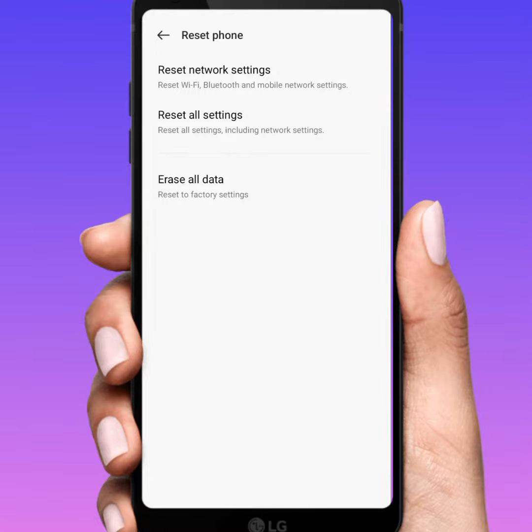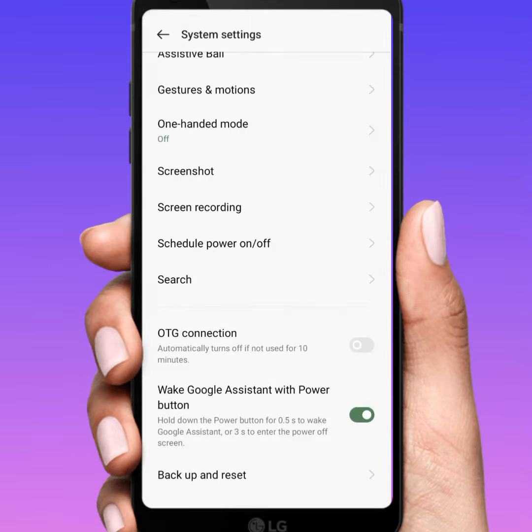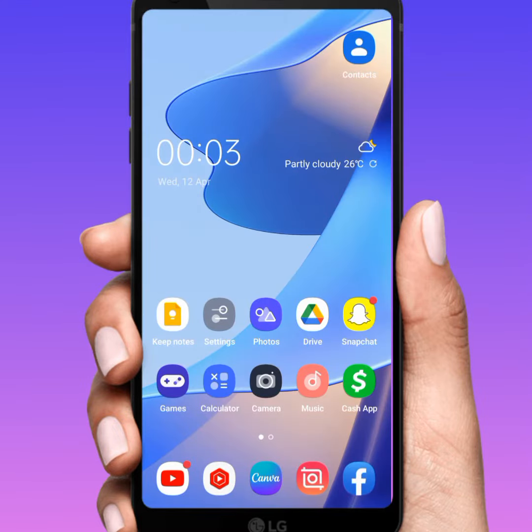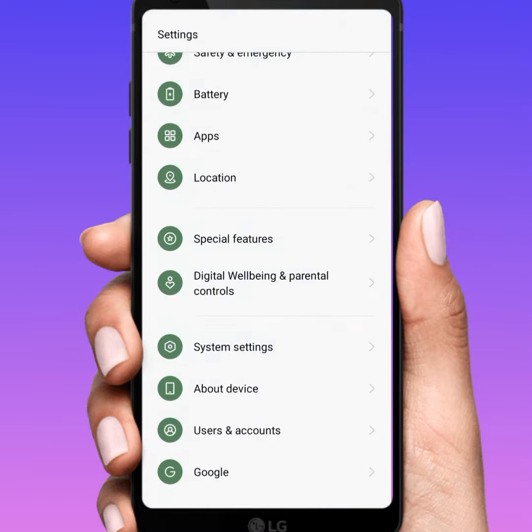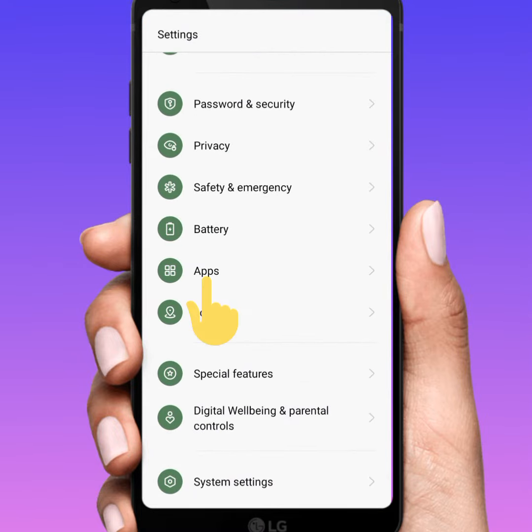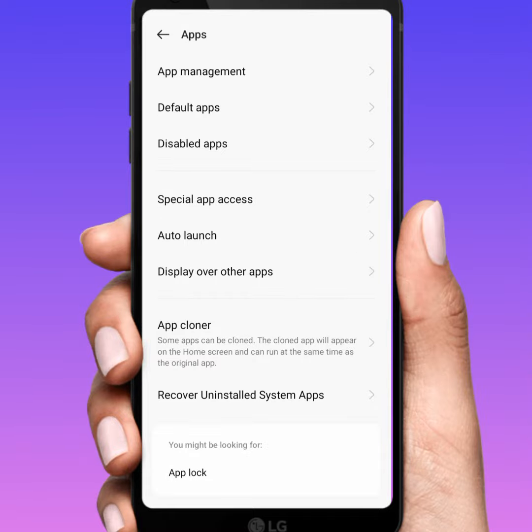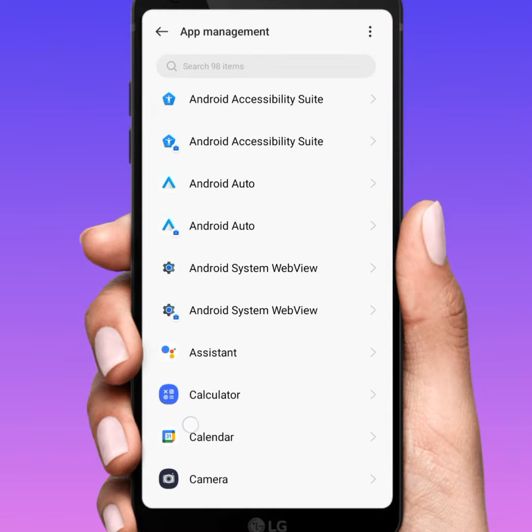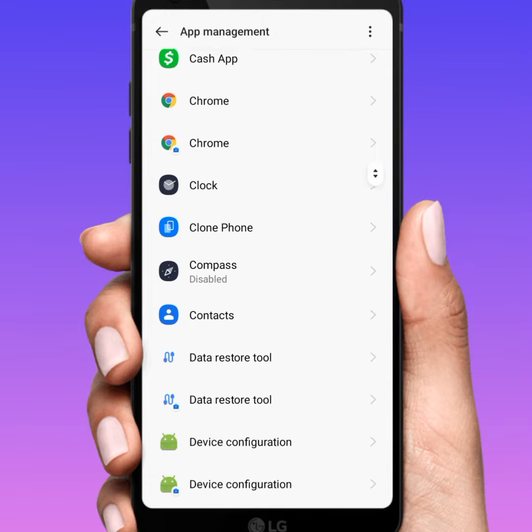If the problem is not fixed, then go back to your home screen and open your settings again and tap on apps. From here you tap on apps management. From here you search for Instagram, scroll down